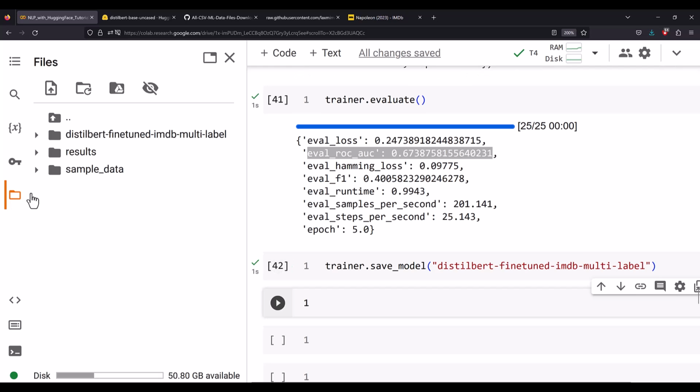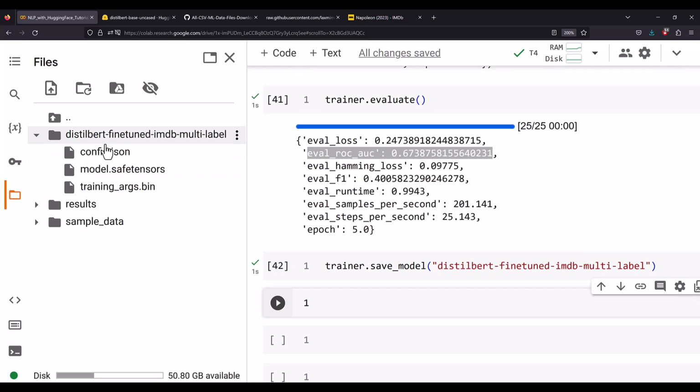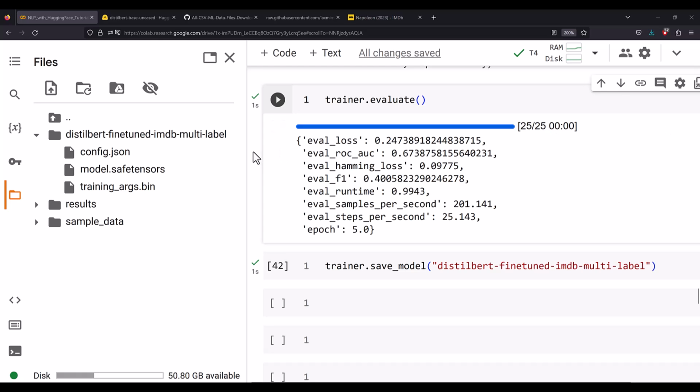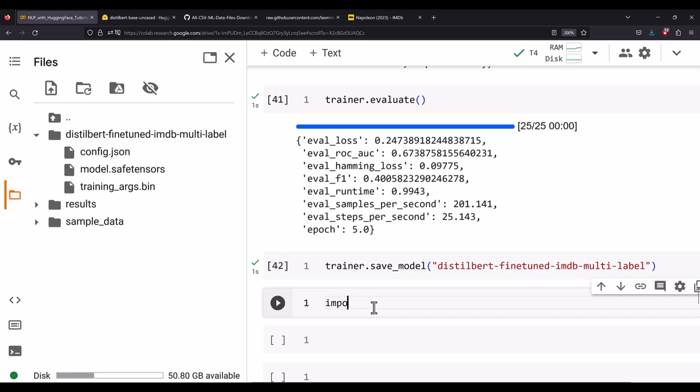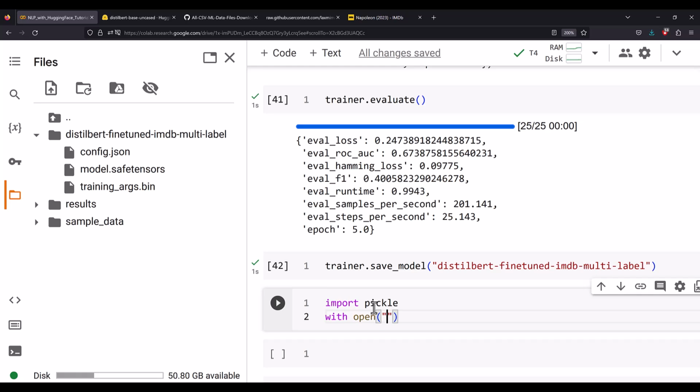Now after storing this model, you should be able to see that here you have DistilBERT fine-tuned IMDb multi-label. So your model is stored here. Now you can use your model for later purpose if you want. And do not forget to save the multi-label binarizer, because that will help you to decode your predicted output. So for that you can do import pickle, thereafter with open multi-label